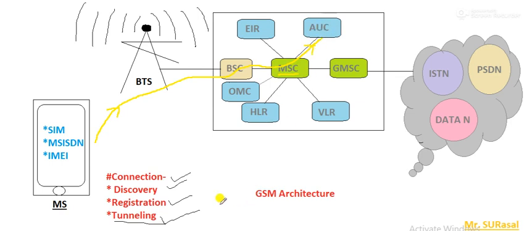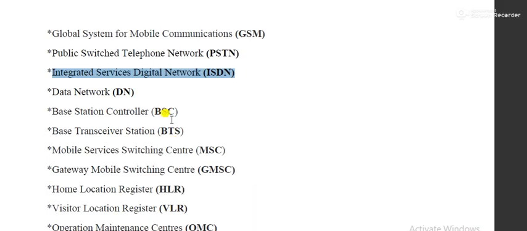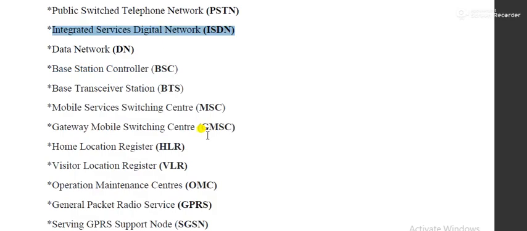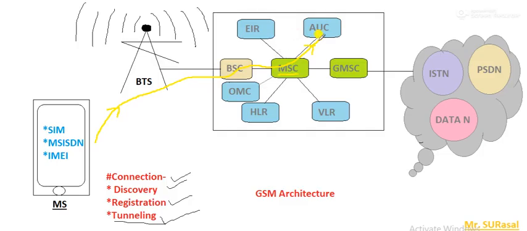AUC is nothing but your authentication center. Okay, you can go through this file. So basically this AUC is the authentication center. As I have already told you, certain parameters will be passed. Based on all those parameters, it might be the subscriber identity module, it might be the MSISDN, and so on. Okay, including the sort of information which we have already seen.